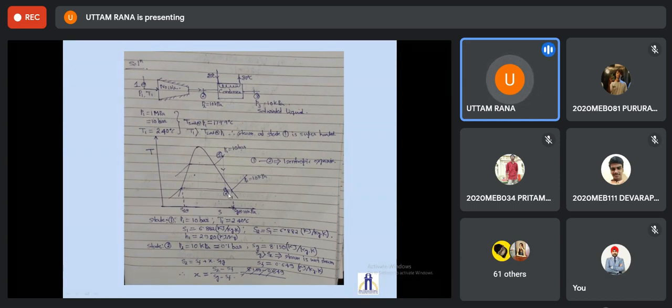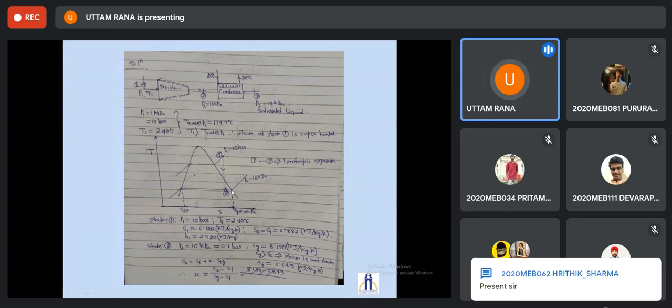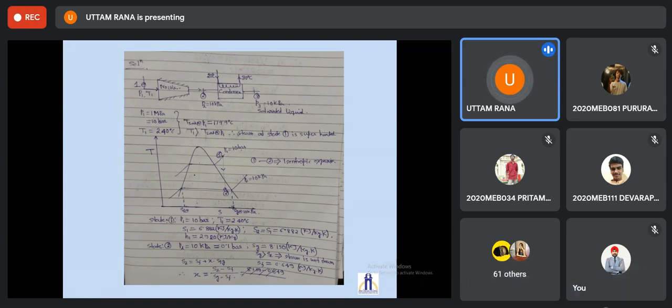10 kPa, you have to check whether the value of S1 is greater than Sg corresponding to that pressure or not. So what is the value of enthalpy of the saturated vapor at 10 kPa pressure? That value is 8.150, which is greater than S2. That means the steam at state 2 is in the two-phase zone. It is basically a mixture of vapor and liquid in the saturated state. So we have to find the quality.